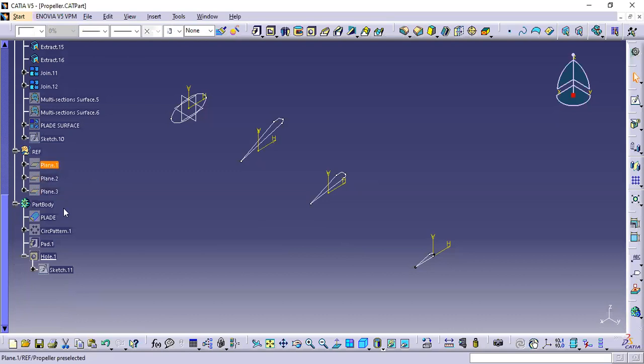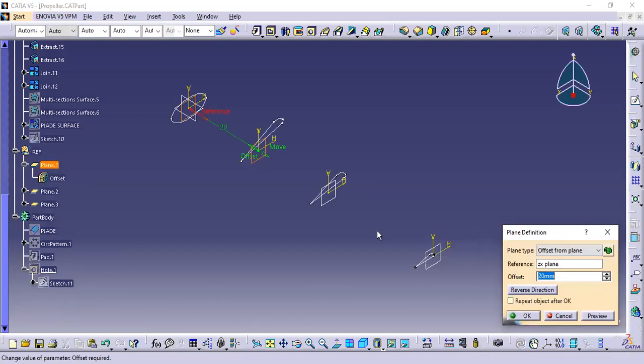We've created three separate planes for our profiles, where we want to have the profiles laying from the main ZX axis. We can control these by making an offset, for example, at 10 mm,